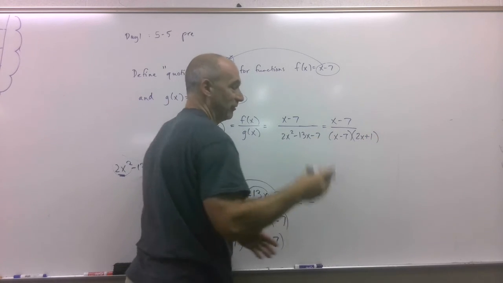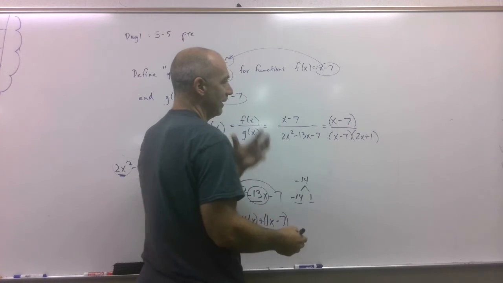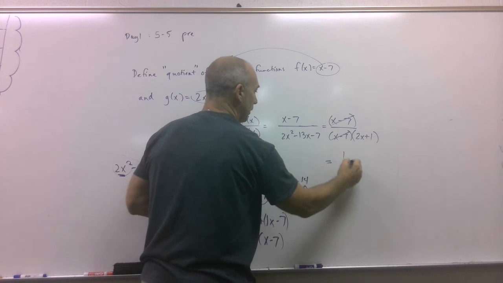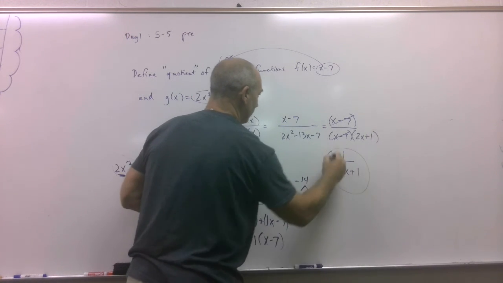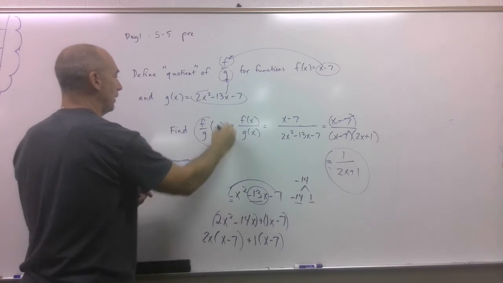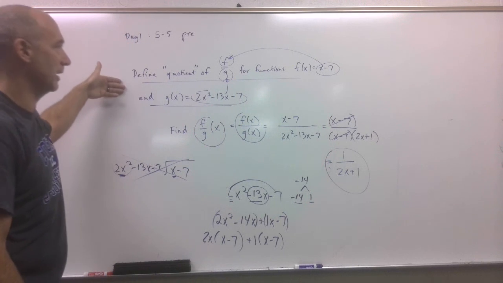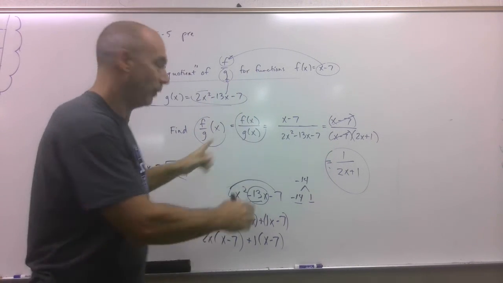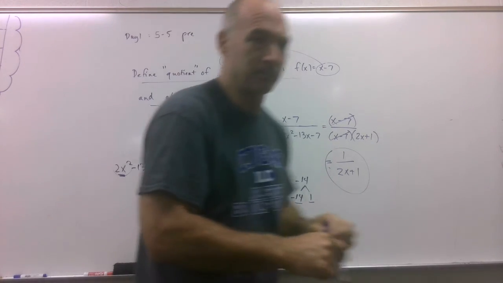And remember the factor stuff? If I kind of just put parentheses around that, in my mind, I'm like, aha, let's cancel. So I end up getting 1 over 2x plus 1. That's the answer for this problem, and this problem. They all mean the same. Ultimately, just divide, but really they don't want you to divide, they want you to simplify. So there you go. A little tricky,